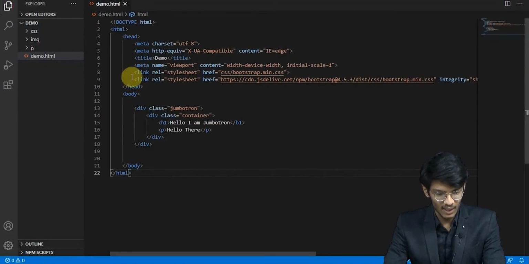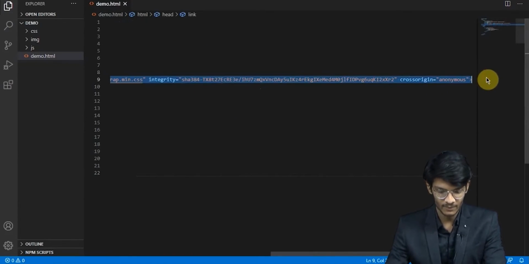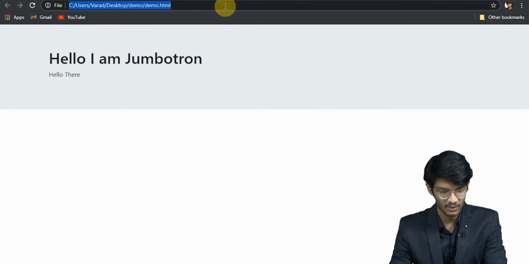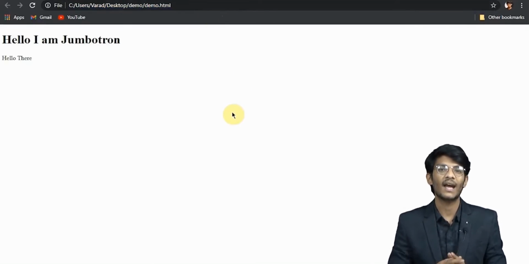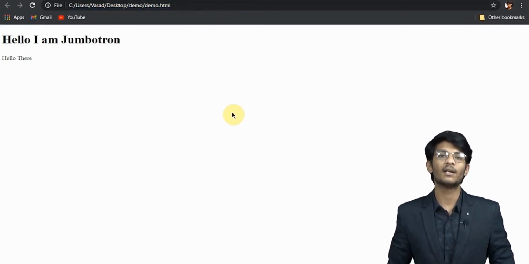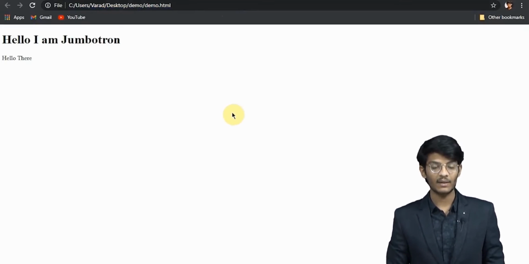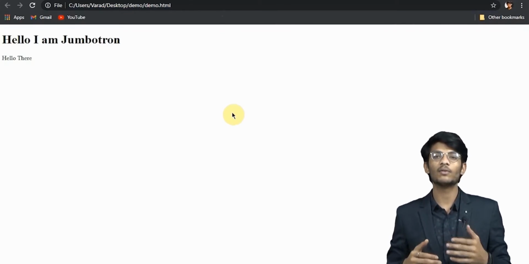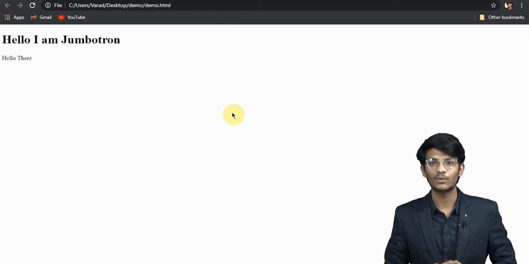So, we'll just hide both the links over here and save it, and we'll refresh the page. Well, in CSS we will have to give the particular padding, particular margins and the background color. After that we will get that particular output which we got by giving just a class in Bootstrap.